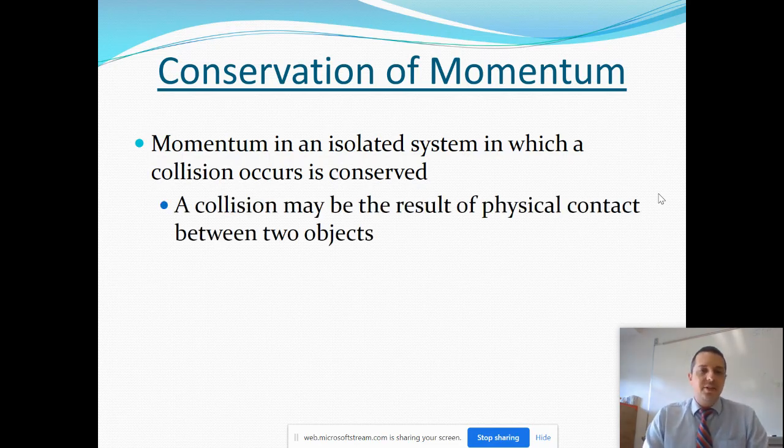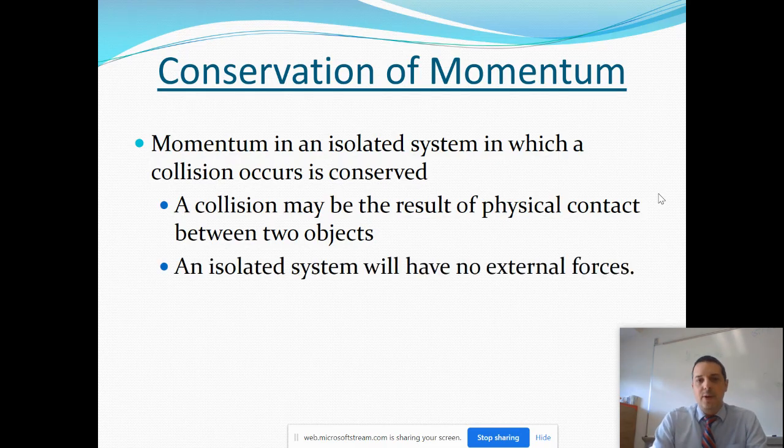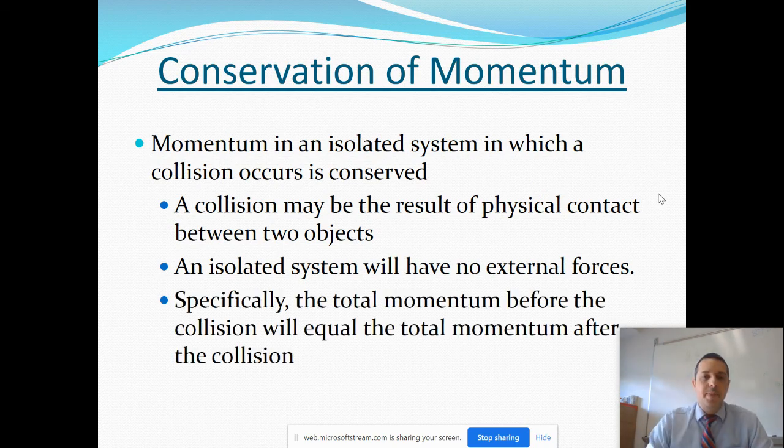And we define a collision as any physical contact between two objects that results in some sort of change in motion for one of them. If we want to conserve the momentum of some sort of system of collisions, we have to exclude it from any external influence. That means nothing outside the system can be pushing on it. We can't conserve the momentum of a system if something outside the system is changing its momentum as well. So we have to isolate the system.